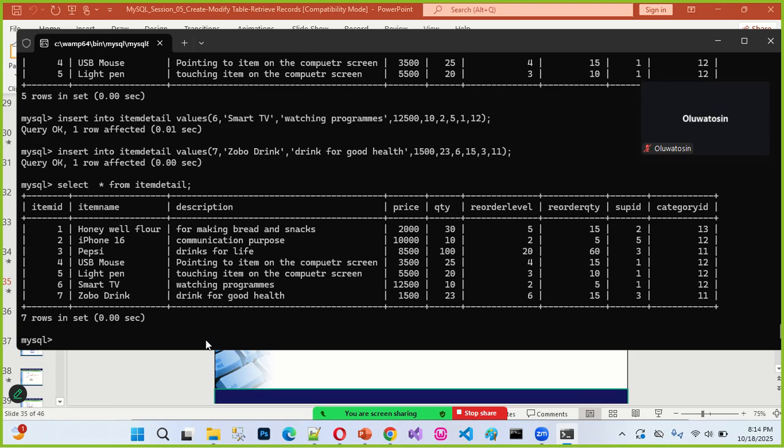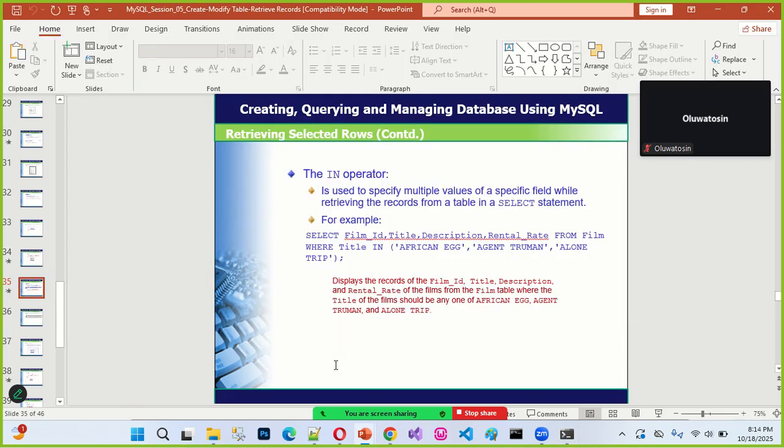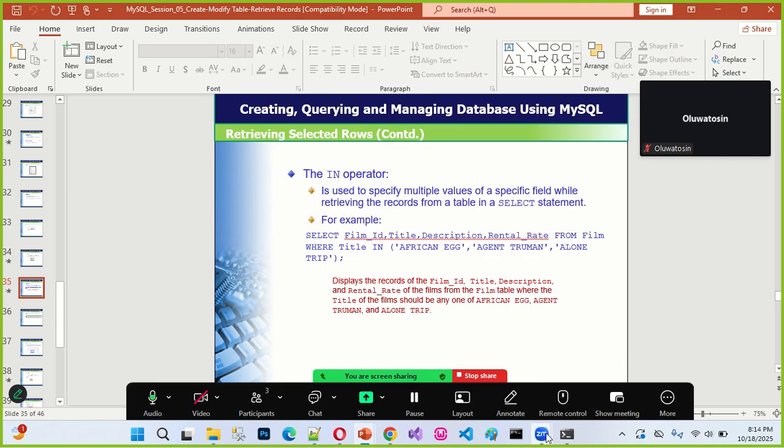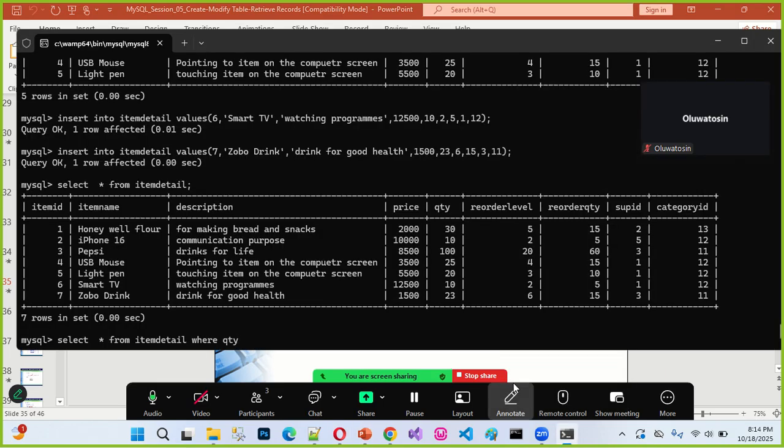So now I say select from this particular item detail where quantity order. Where quantity order IN, I open the bracket now.